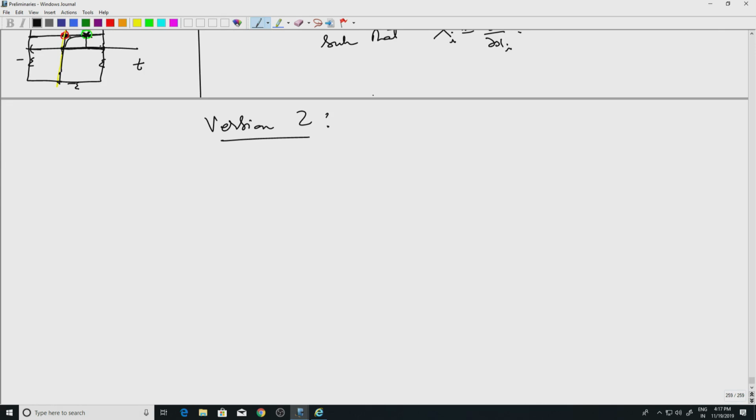Here we ask the following question. So first let's note that if X is a vector field on M such that Xp is not equal to 0 for all p in M,